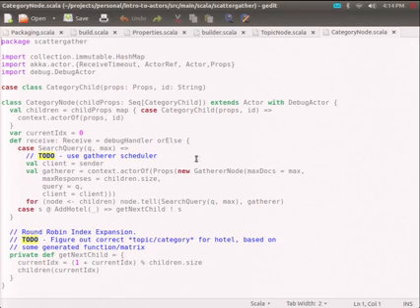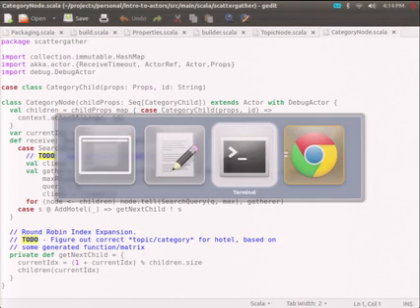This tell method is magic in the sense that I can give a different return address for every message I send. Okay? This sender here says, who sent me the message? Give me the reference to the person who told me to handle this. This tell call here, where the gatherer is on the right-hand side, says, send the search query message to this actor, but tell him it came from that guy, because I don't want the response. He needs it. Okay? That's what I'm doing. And the add hotel basically figures out what child to send new hotels to and sends it down to that topic. Okay? This is the actor for that.